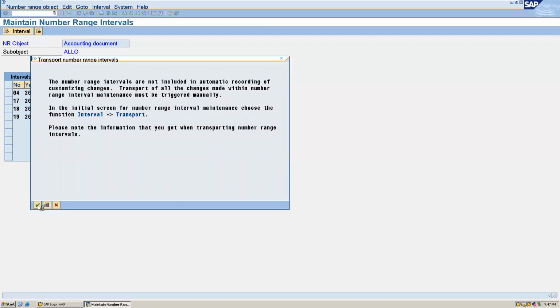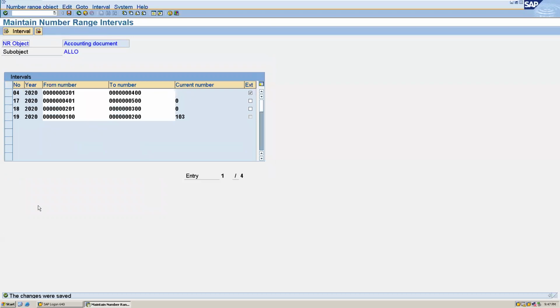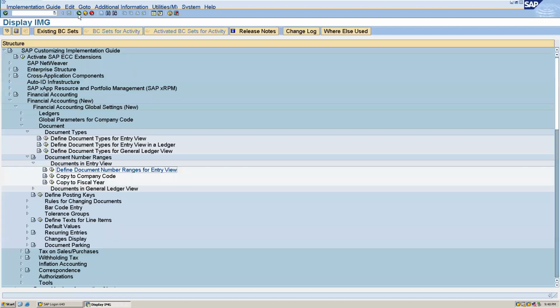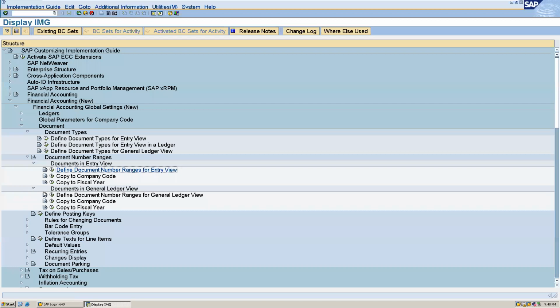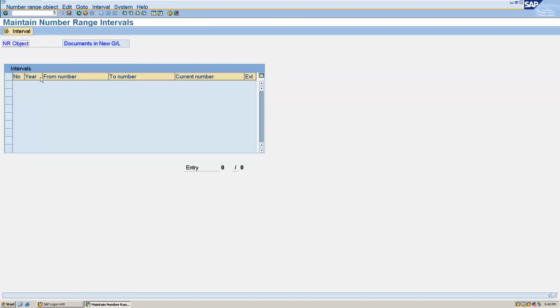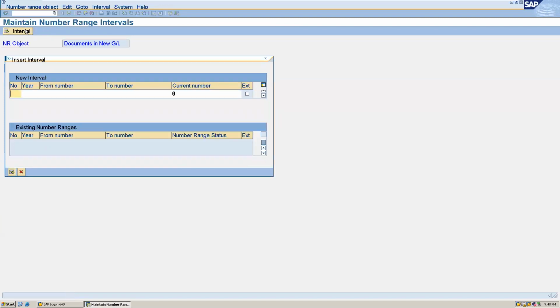Now we will define document number ranges for general ledger view. Go back. And here you could see documents in general ledger view. Give the company code ALLO, intervals. Here we have to create the number range.